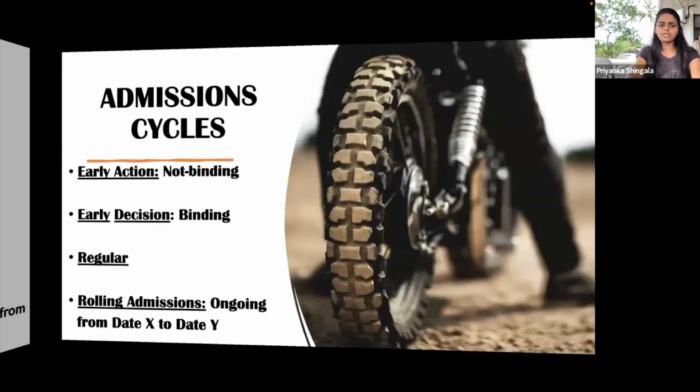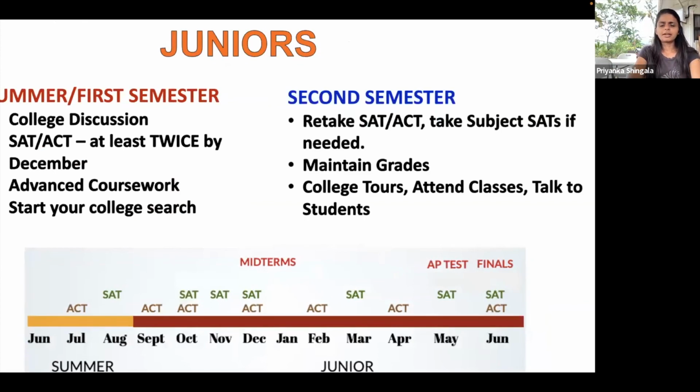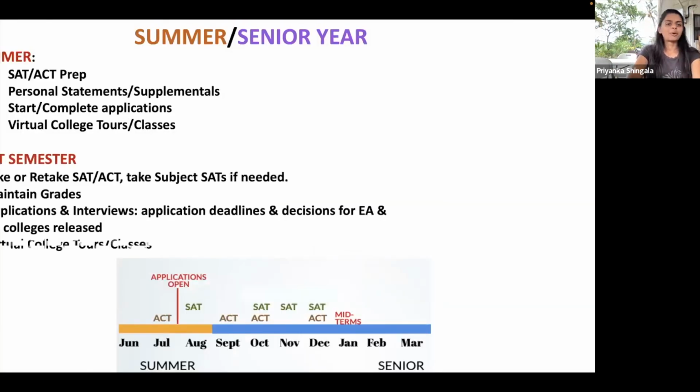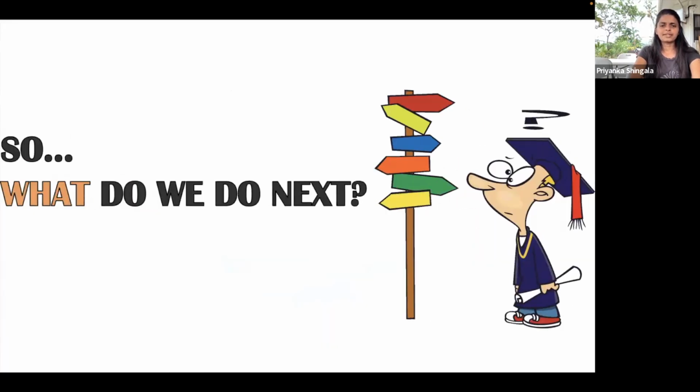All right, admission cycles we've already talked about. Once again, we have the timeline, and at this point I hope it's much more organized and clearer for you. SAT subject tests, ignore that part, please. They're completely out. When COVID happened, they took them out. I thought I deleted that part, I did not. It's no longer relevant. So what do you do next?